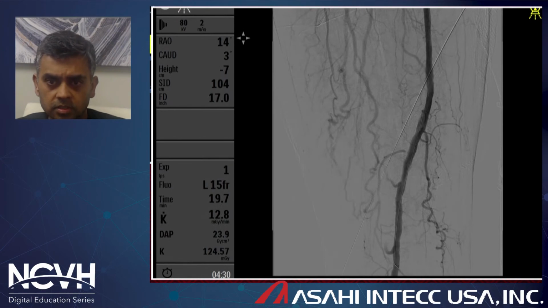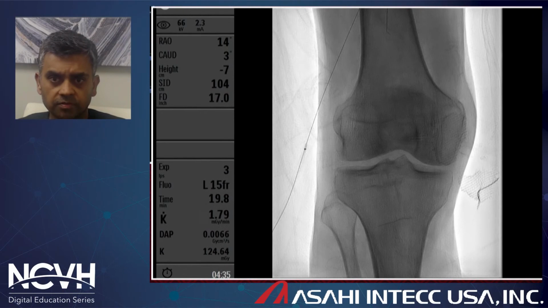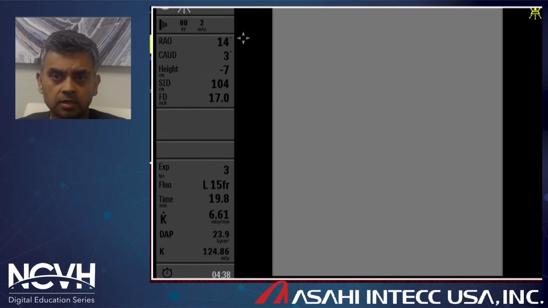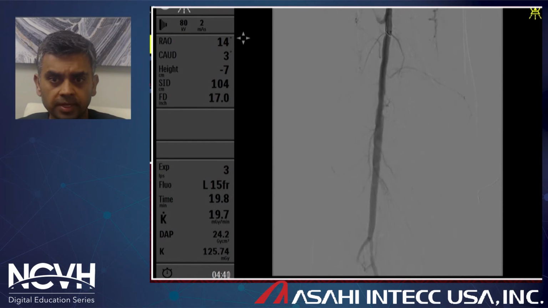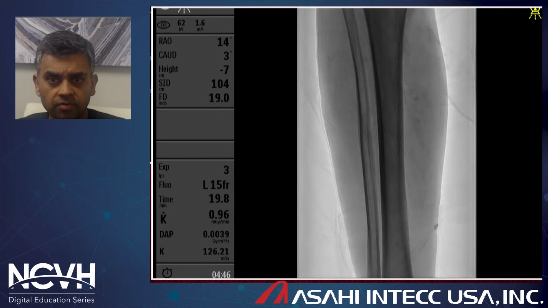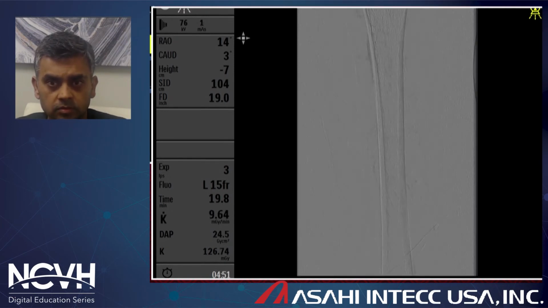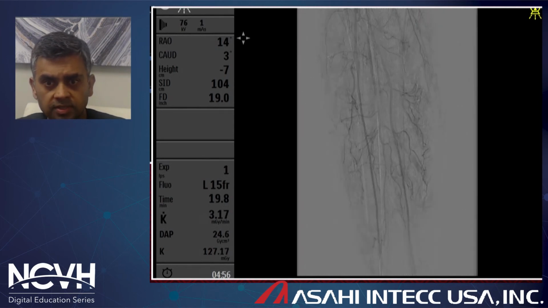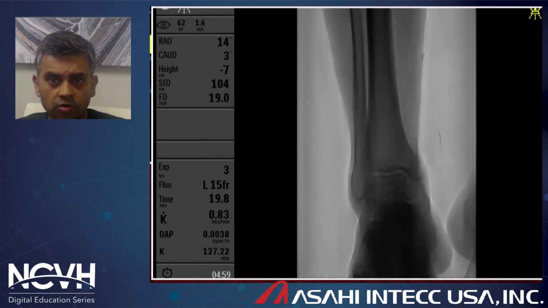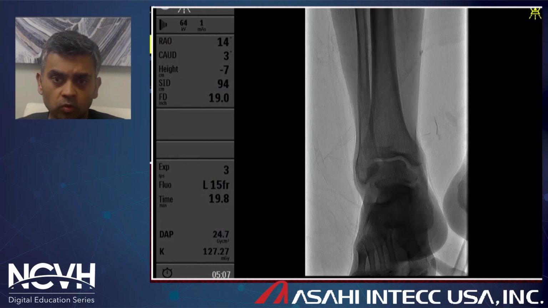So as you see, the distal looks perfectly fine. There's some non-flow limiting dissection in the Hunter's canal, but it does not cause any flow limitation there. And you see a very brisk flow in the popliteal artery and the reconstituted further infrapopliteal vessels. So very fast movement of the contrast. As you can see, these vessels were not opacified in our pre-intervention angiography, and now we have excellent two-vessel runoff with a peroneal artery that's highly diseased. But there's a very brisk flow that we notice after this.